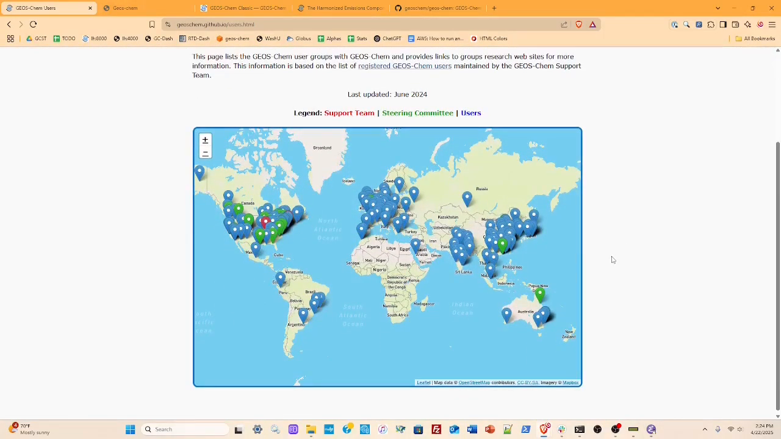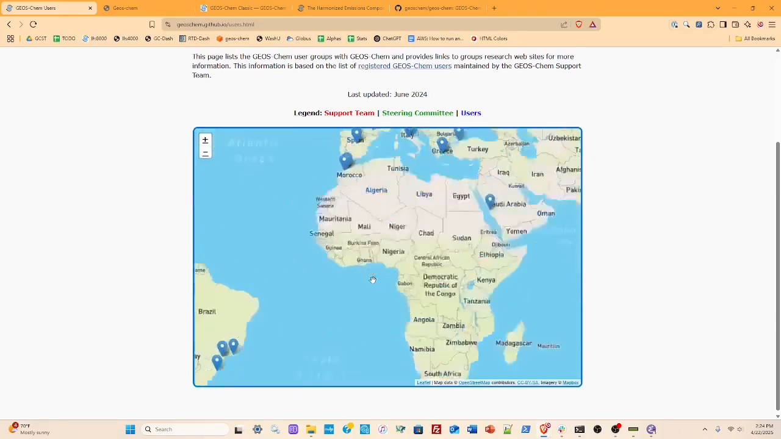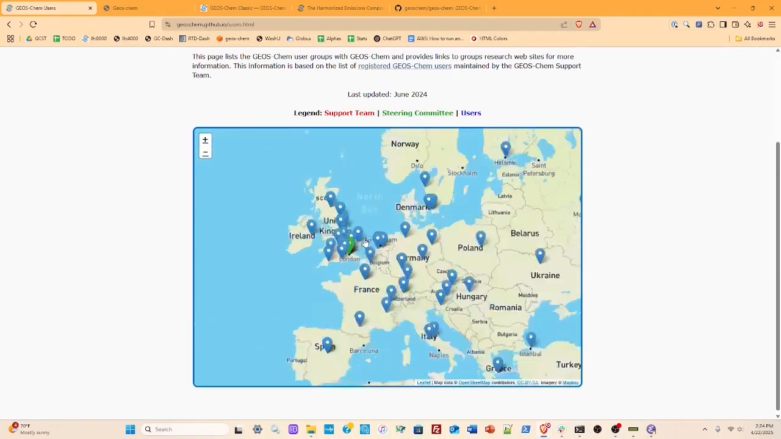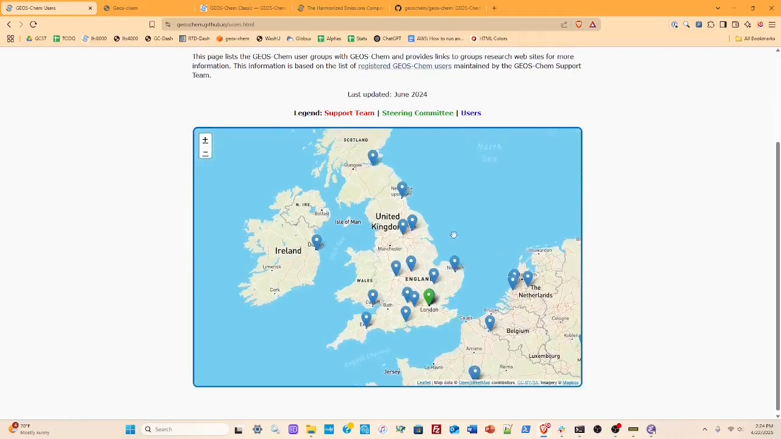So this is an interactive map. Each one of these points is an institution where someone is using GEOS-Chem, and you can scroll in on the map. I'm using a mouse, so you can use the mouse wheel. You can also use touchpad gestures to scroll in. So for example, here over the UK, you see these are all the user groups. If I click on one of these